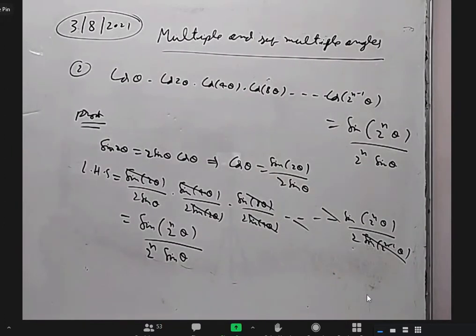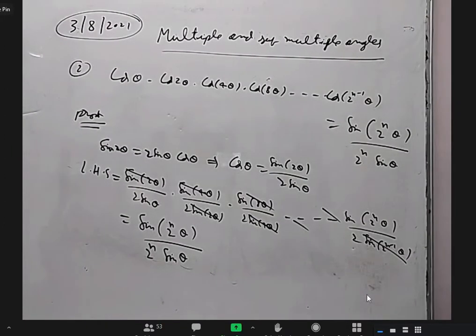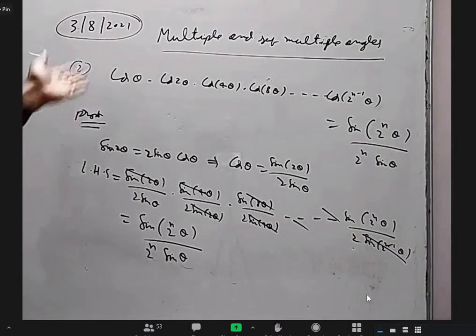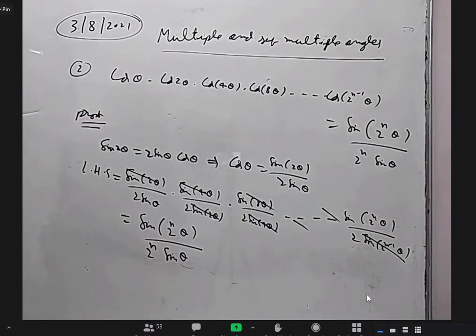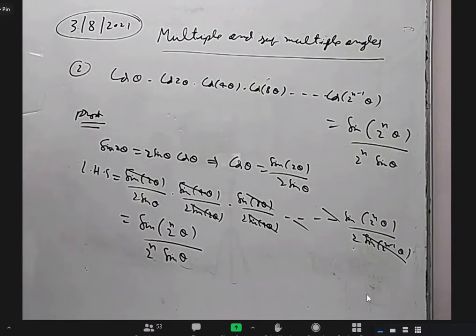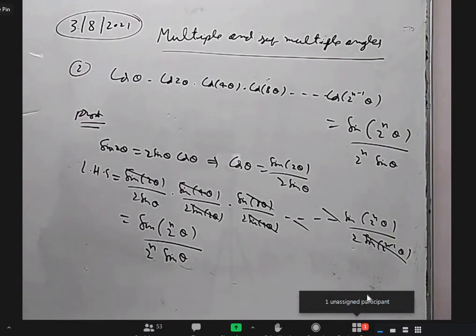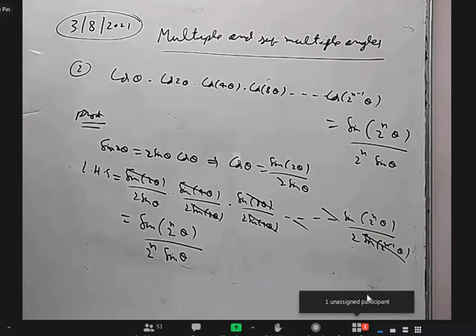Sir, same like the cos formula, for sin theta, sin 2 theta also, is there a formula? What? Sin theta into sin 2 theta into sin 4 theta into sin 8 theta, like that? No, there is no formula, because if you multiply with one cos also, the formula doesn't proceed further. Okay? Only for cos.